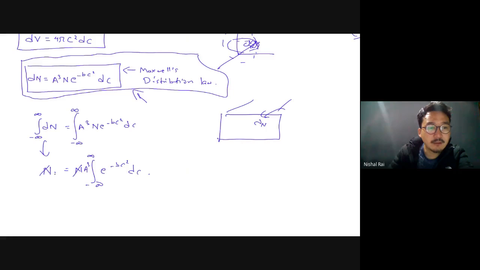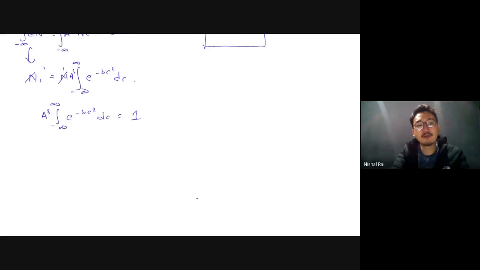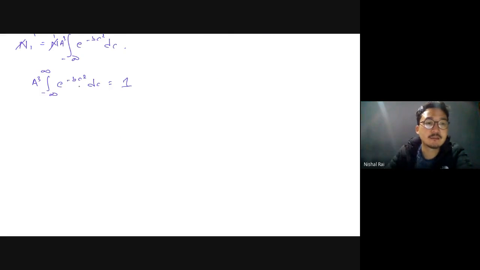This I think we have evaluated yesterday. From here, I think we have evaluated this integral. It can be found by using what here? Gamma function. First we changed the limit from 0 to infinity, which will give you twice, because this is an even function. So twice a cube integral from 0 to infinity of e to the power negative b c squared dc is basically